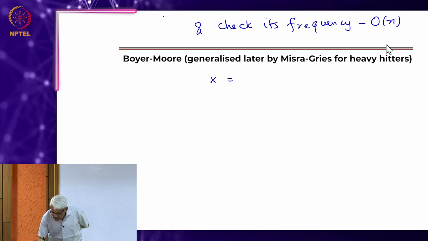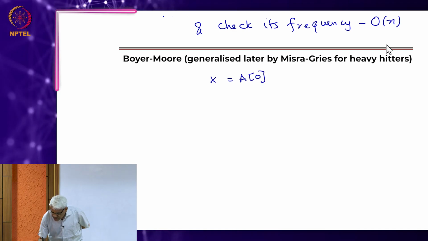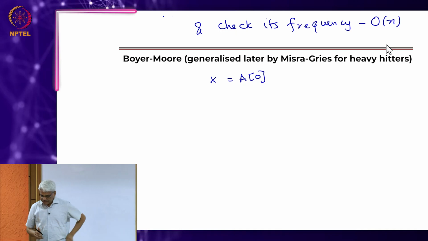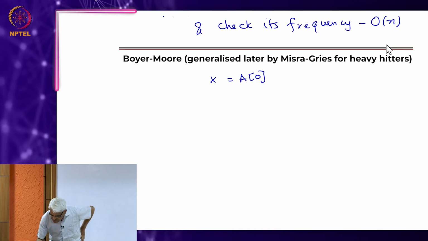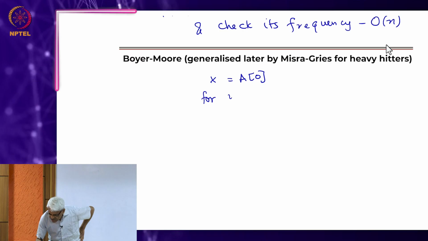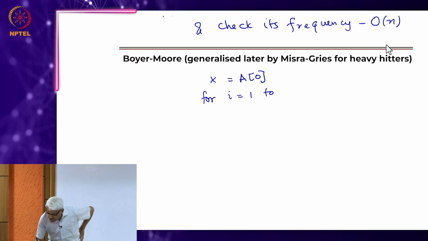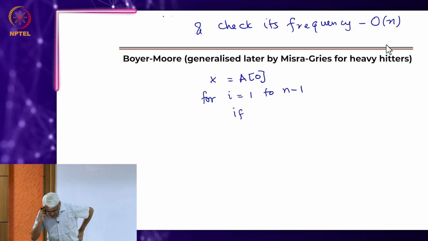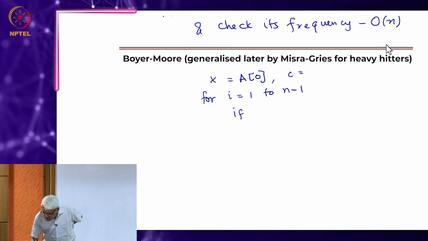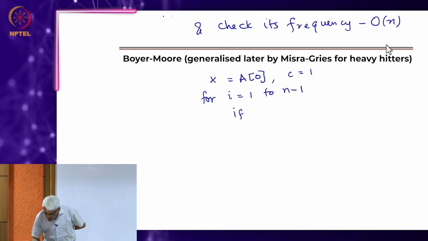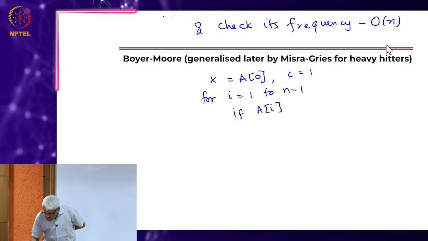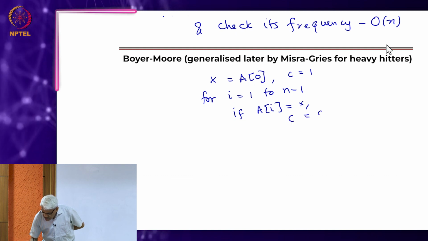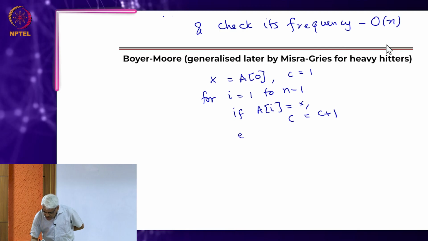So let's say x is equal to a0. Remember, your list is given in the form of an array, and I take the first element and store it. So for i going from 1 to n minus 1, let's also say counter c is equal to 1. If ai is equal to x, c is incremented, else